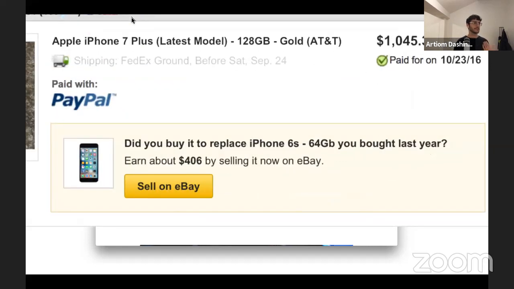And obviously through this behavior of encouraging people to reuse and sell secondhand things on eBay, they could have a positive impact on the environment. People will be less likely to buy new things, and eBay would have more supply on their platform and provide more options for people to buy an iPhone.